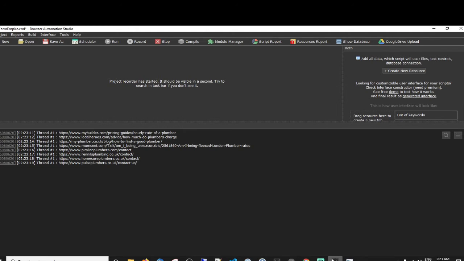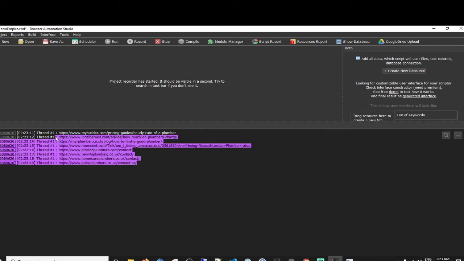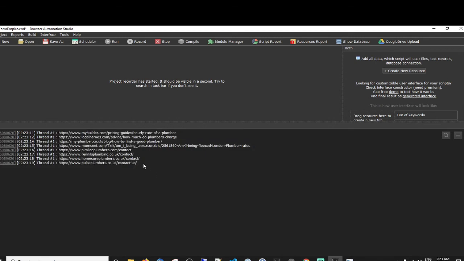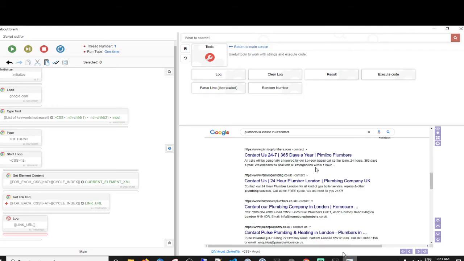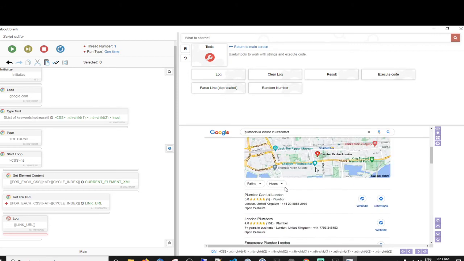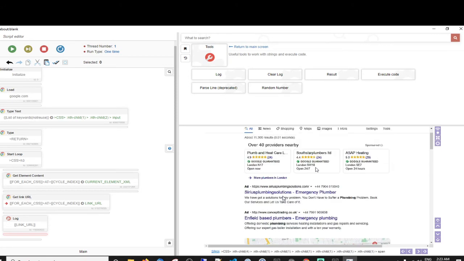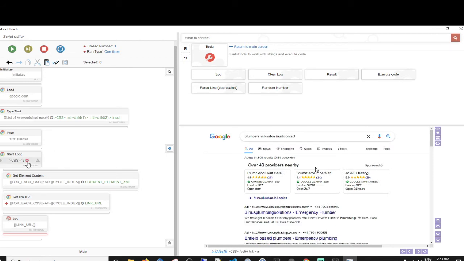Okay, let's see what we've got. There you go. That's what we want. Just some of them simply don't have the contact page, even though it should bring back only ones that have the contact form in. Ah, because it's grabbing these as well. Okay, that's easy to sort out. We'll just have something in there that says if the URL does not include the word contact, then get rid of it. Because that's how we roll.